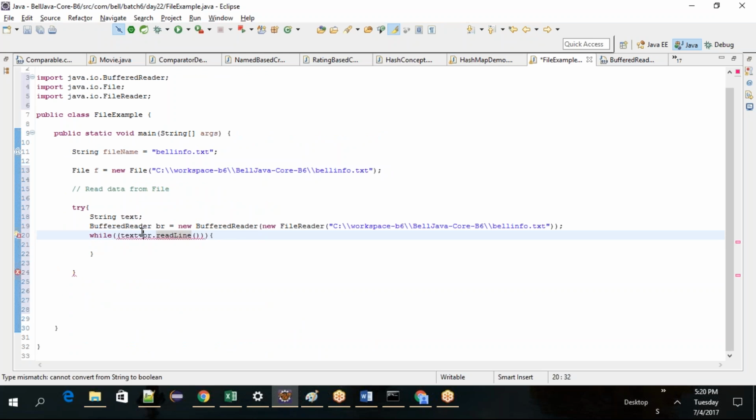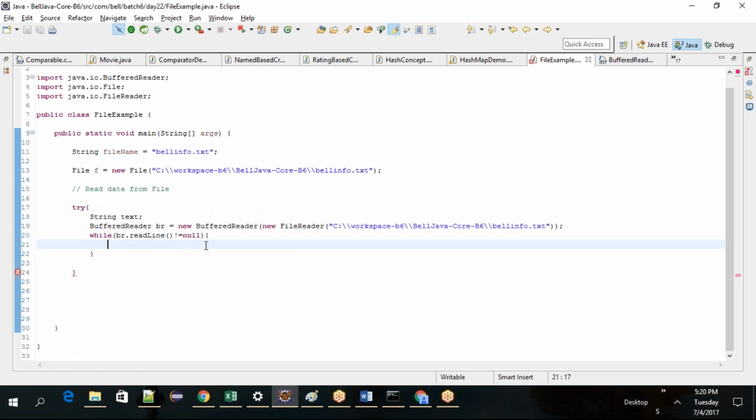So not to confuse, let me keep it simple. br dot readLine not equal to null, that is, if it is not the end of the file, then what I will do, sysout br dot